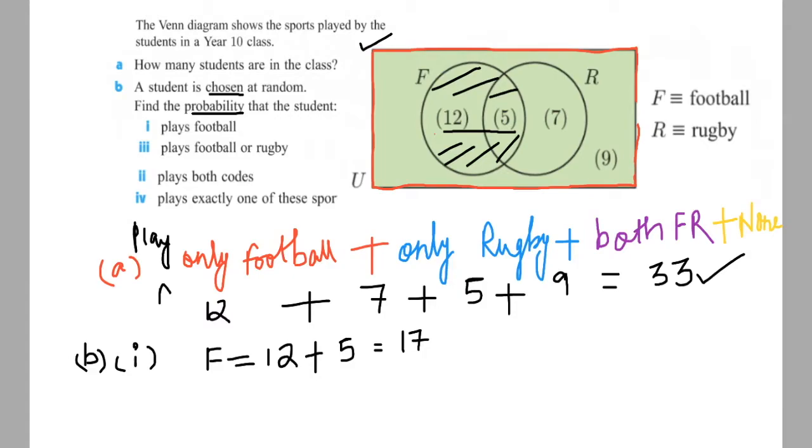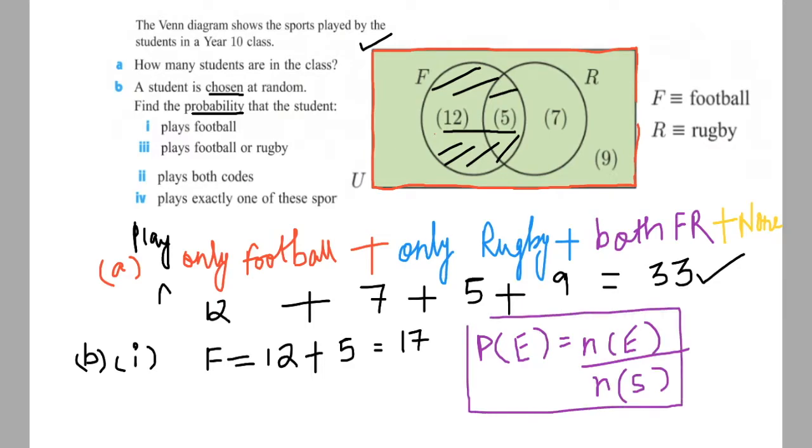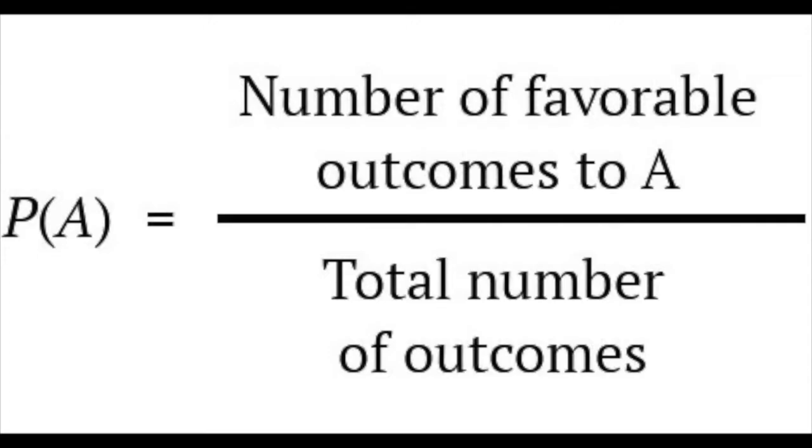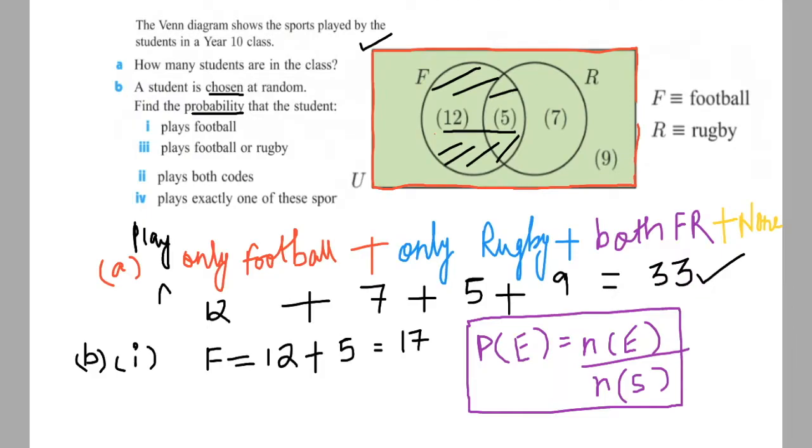The formula which we are going to use for second part of the question is probability of an event happening. So remember this formula. Probability of an event is equal to number of ways an event can occur or number of favorable outcomes upon the total outcomes. This is the total outcomes or total number of possible outcomes or number of sample space. S for sample space and E for event.